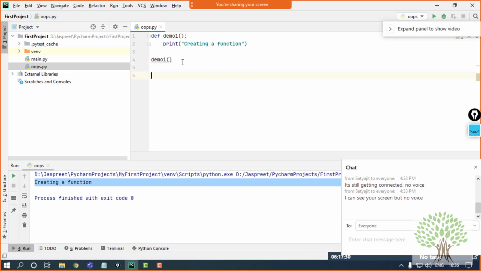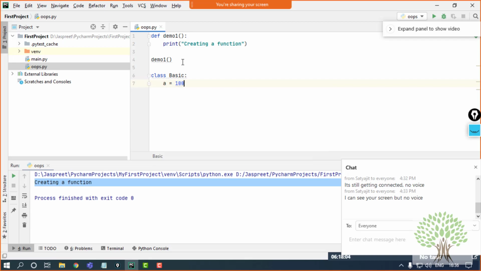Okay. The same way is the creation of the class. For class creation, you just use the keyword class followed by the name of the class that you want to use. I want to use it as basic followed by colon. For this you don't have to put the parenthesis, colon is fine. Again the space indent is taking, that means the class scope has been started and you can work on it. Now inside this class I can have class members, I can have variables. Let's say I have a variable a equals to 100.